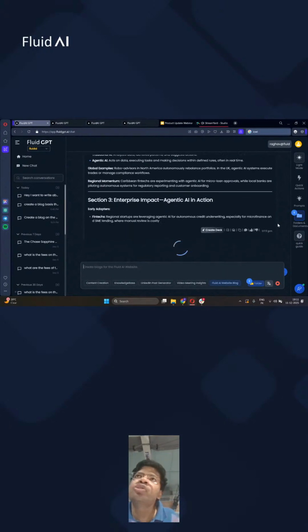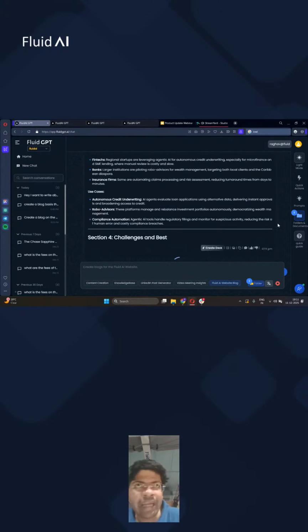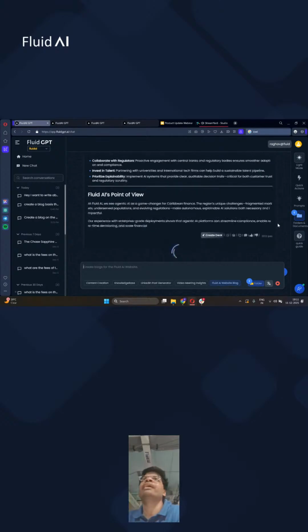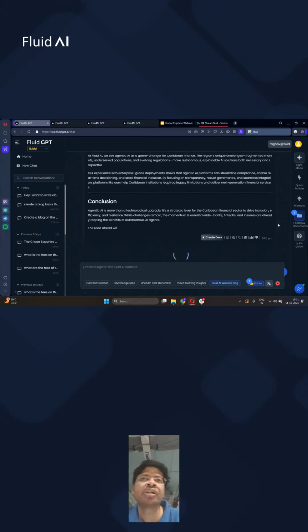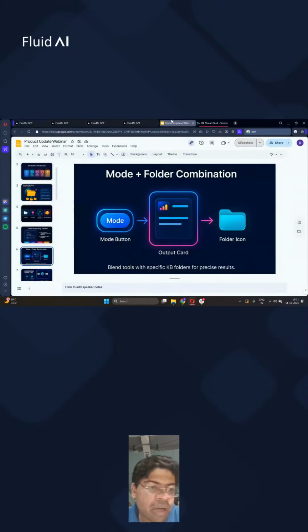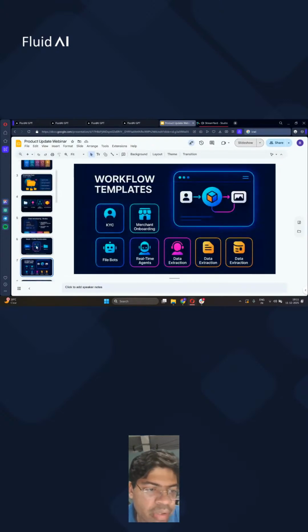But this blog is so personalized to me because my AI agent has been trained on how I write blogs previously. It's been given a large amount of context. Then I've added the actual report that the blog is to be written from into the context window. And together, we are getting a much more powerful solution. And all with 3 clicks. I simply selected the agent blog. I put in my prompt. I selected the relevant knowledge base folder. And all this came together right there, right now. All right, so that's about how we are using modes as well as knowledge bases together to create really powerful tools.